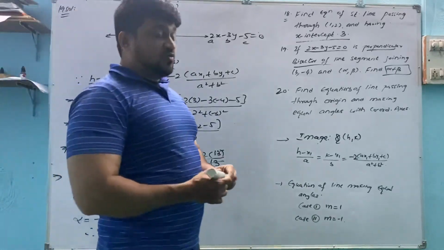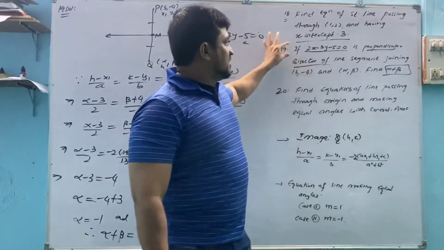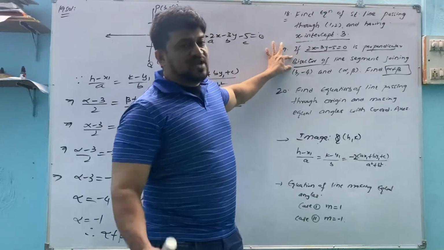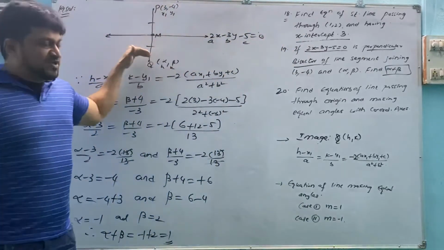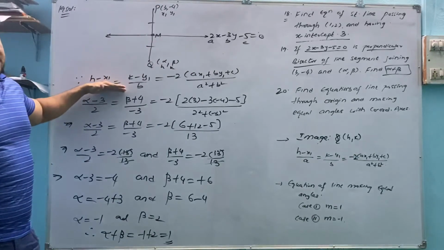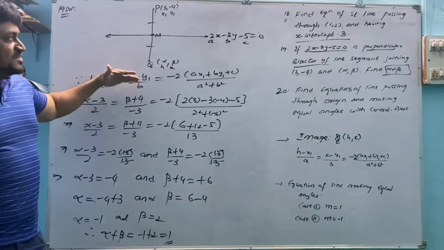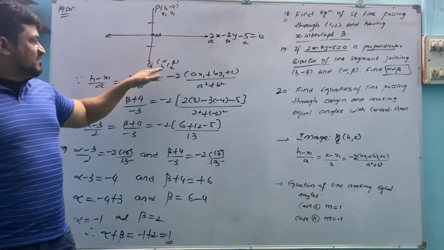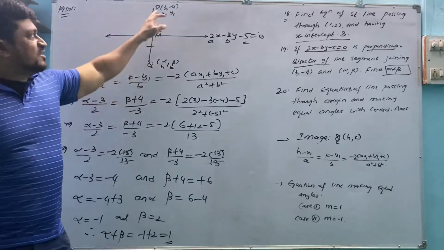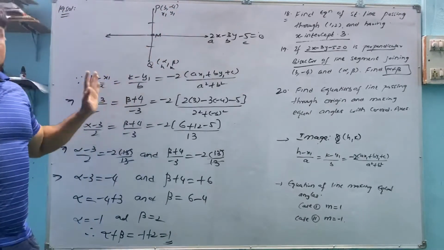So in this way, how we can remember this one? Whenever perpendicular bisector of a line segment is given to you, when joining points are there, you should remember this figure as well as image formula. So once you have done this one, x1 y1 is the point and the image value is h comma k. Wherever h comma k, substitute alpha beta. Wherever the point is there, x1 y1 value, you have to substitute over there.